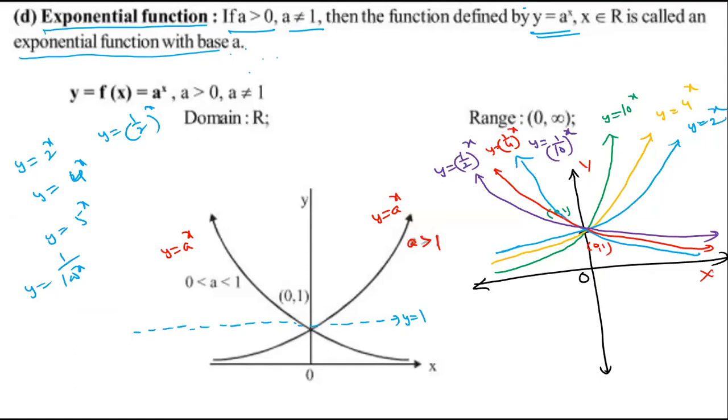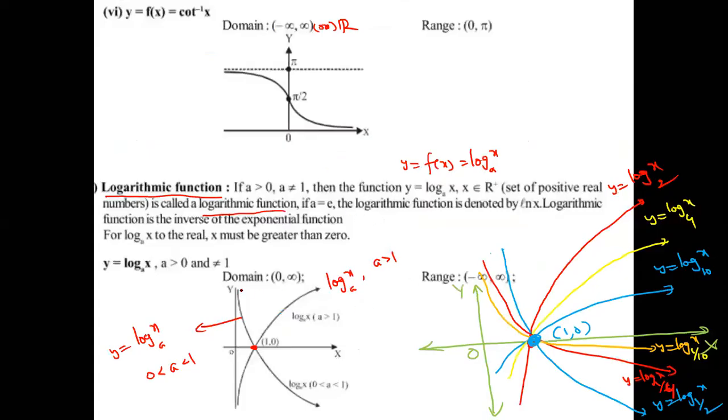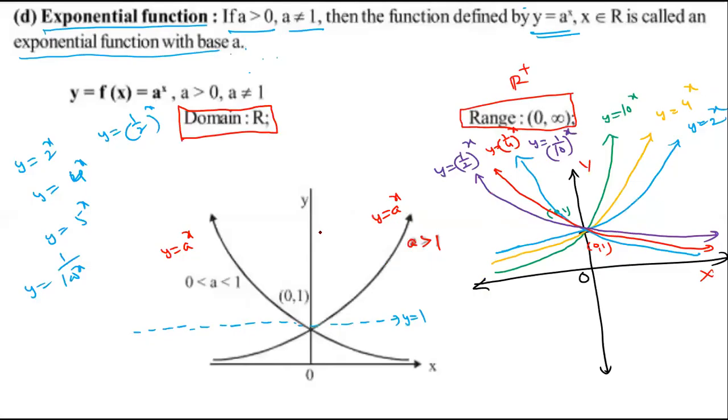Draw the picture clearly, carefully, dear students. Tomorrow we discuss properties of logarithm and properties of exponential functions. Be careful. See, what is the domain here? Any real number. What is the range? R plus. Including 0 is not possible, because 0 is not possible. But here also, see, the domain is R plus. That's why I'm asking every time, the domain of logarithm is R plus. What is the range? Any real number. So the observation is very, very important here, students.